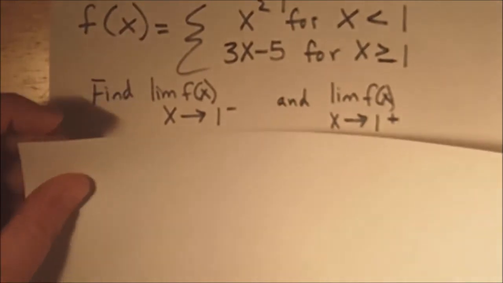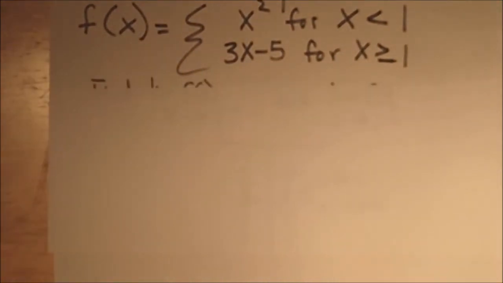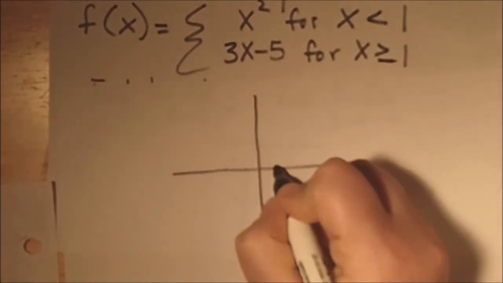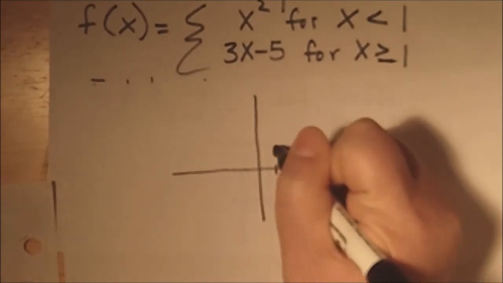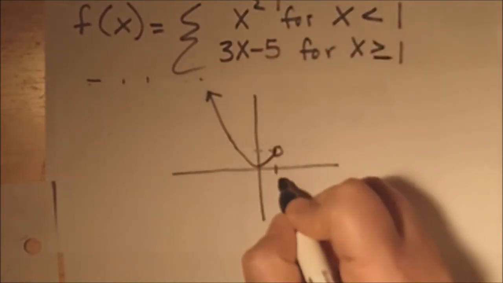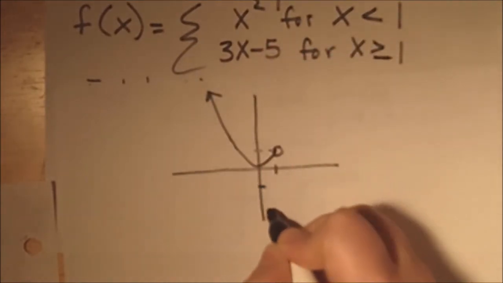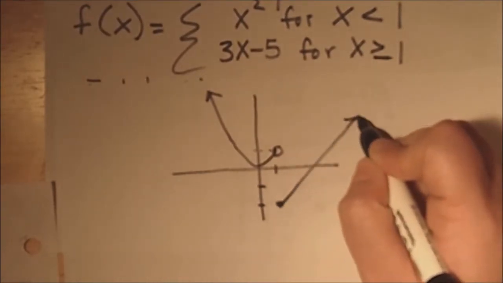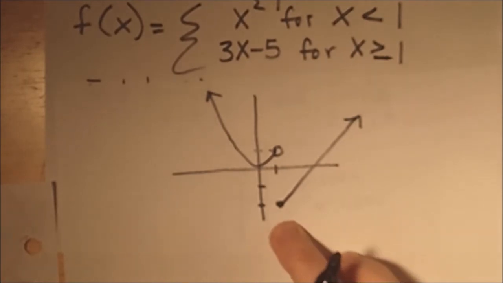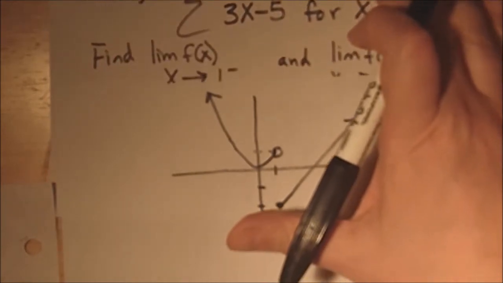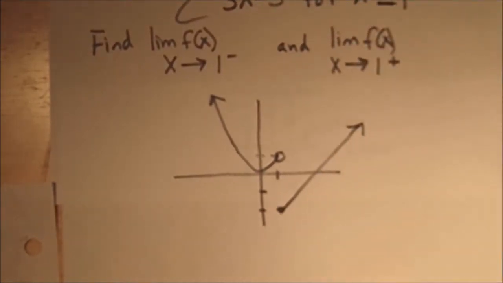So when I draw a graph of this function, I should get something looking like this. I get this open circle here at 1. That's a parabola. And I have a closed circle down here at -2, and then the straight line. So here's what my piecewise function looks like. And I can see right now by looking at it that my left-hand limit and my right-hand limit do not